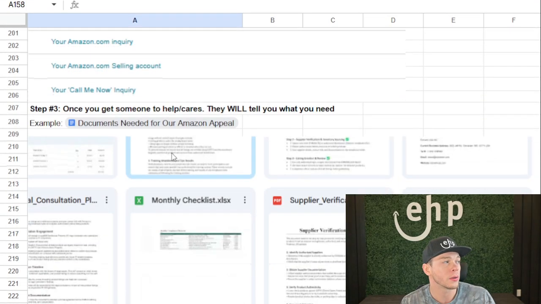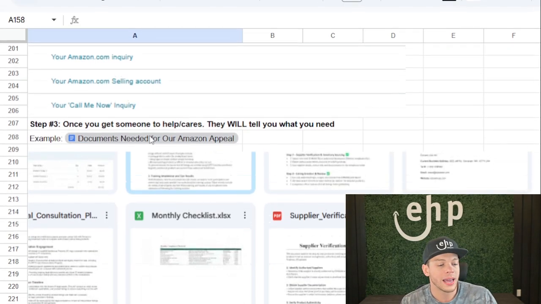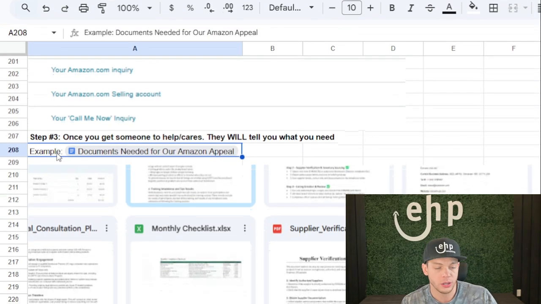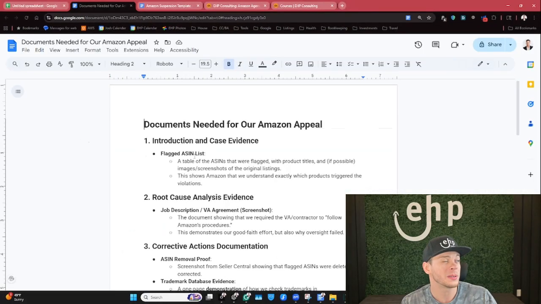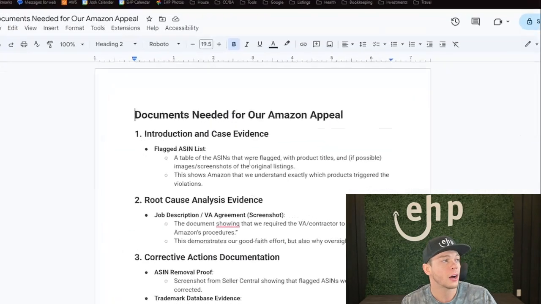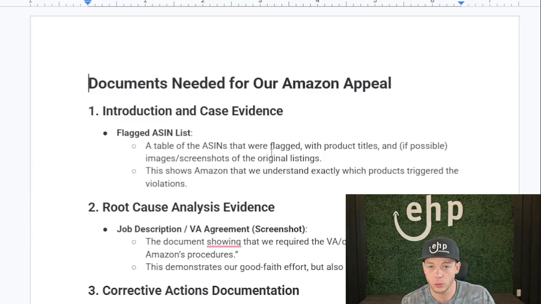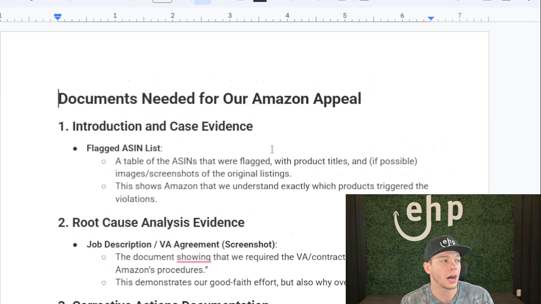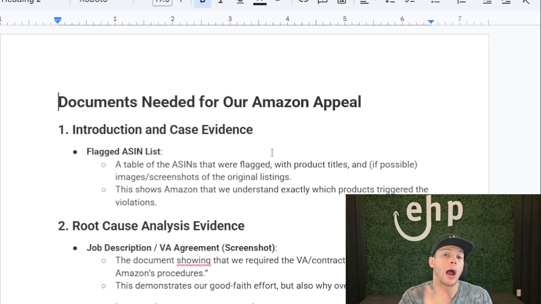And that's very, very important. Now, once you get someone that actually helps and cares, they're obviously going to tell you what you need to do. And it's usually getting specific documents. And the documents are usually painful to get, right? So just be prepared. This is an example of the documents that we needed to get for our client to